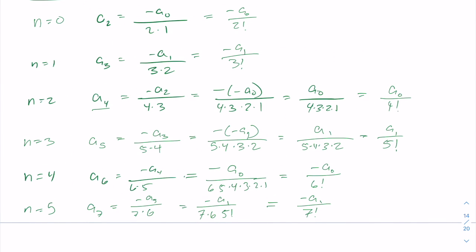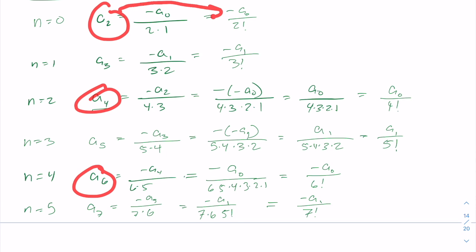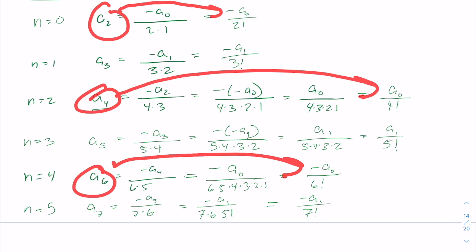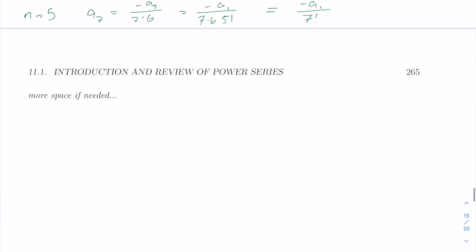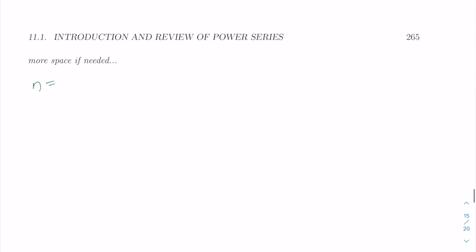And it also looks like something is happening for the evens and the odds, okay? So what I want to do is first pull out the evens here. So 2, 4, and 6, okay? So let's look at these. So when it's 2, it's minus. When it's 4, it's plus. When it's 6, it's minus. So what we're going to do is, for the even ones, you're going to say